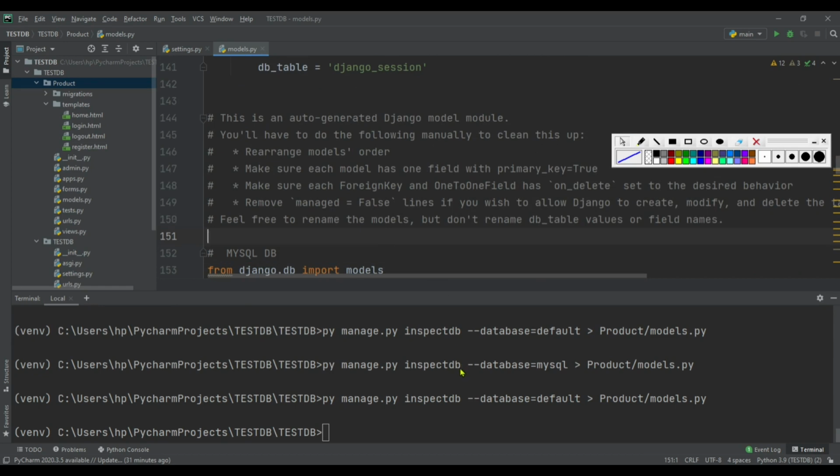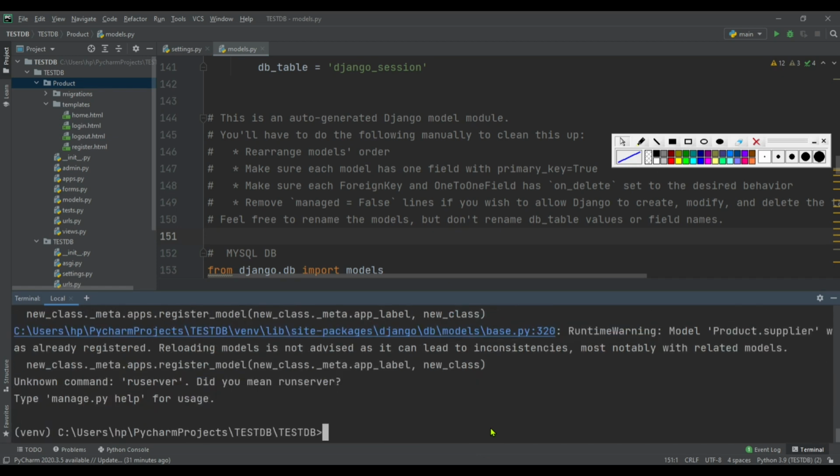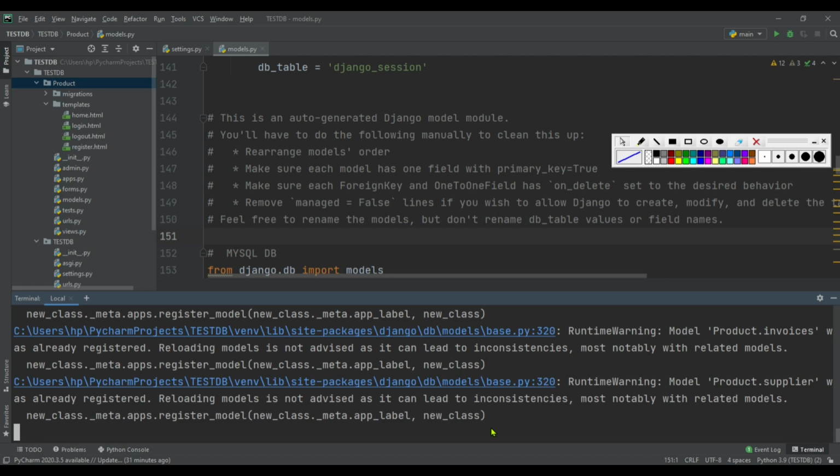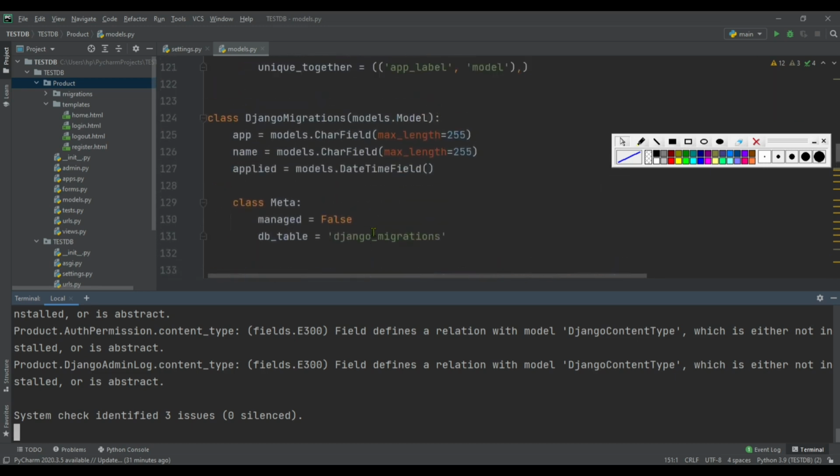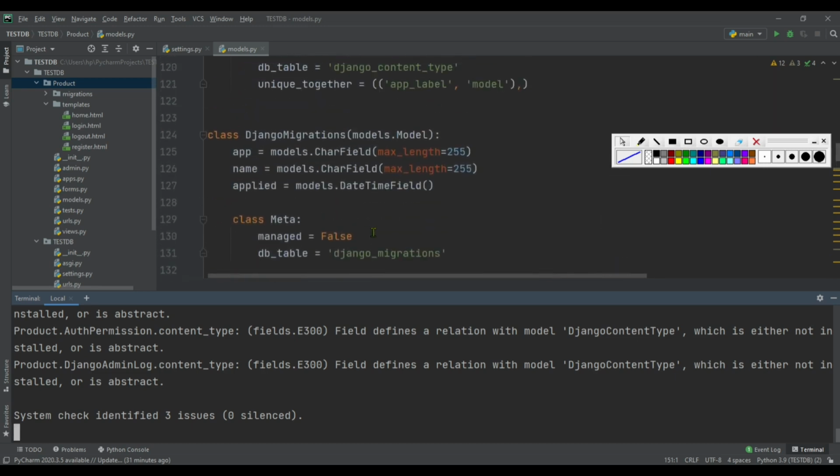So save the file, run the server, py manage.py runserver. So here error is coming because this models.py file contains duplicate class names.